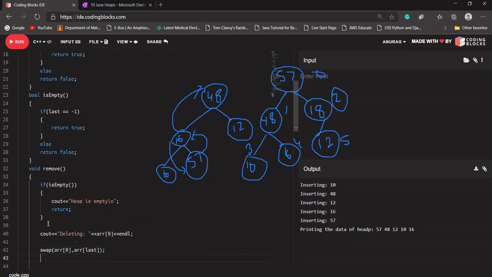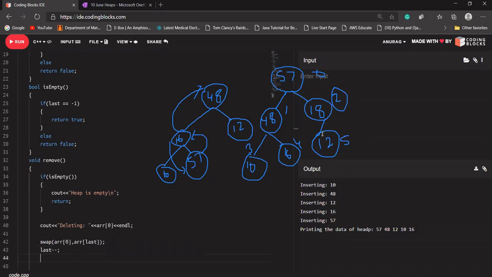So 57 will be swapped with 12. Now 12 comes here and 57 comes here. Then decrement last by 1. So now last is pointing to index 4 instead of index 5. Is that fine with everyone?